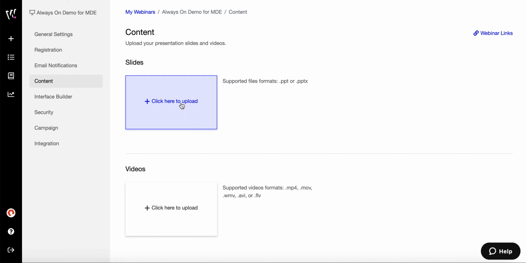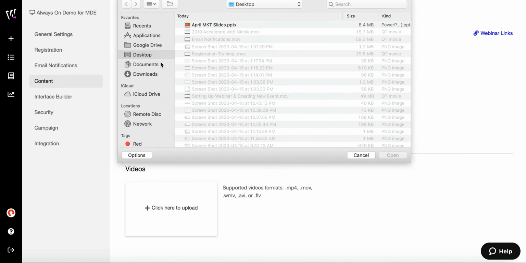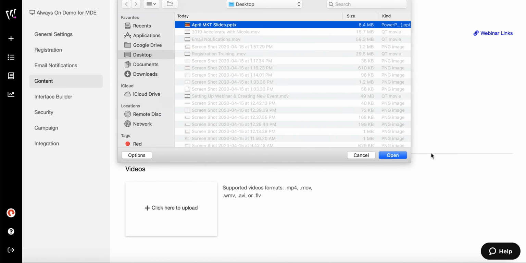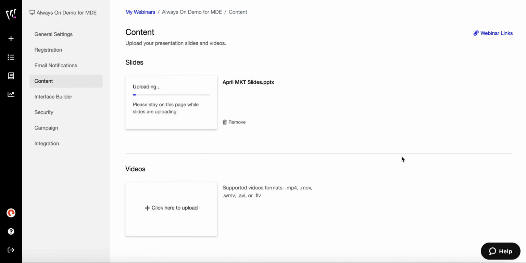It's very simple. You're going to click here to upload. You're going to be able to grab your slideshow. You're going to go ahead and click open. Now, you need to stay on this page until it finishes uploading, or else there'll be a file error type